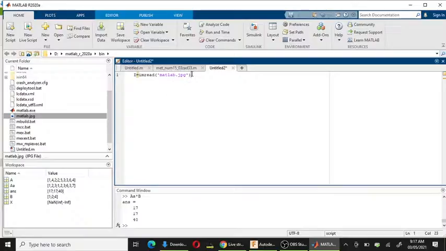But DICOM images we can't read like this. We will discuss DICOM images. DICOM images are medical images, X-ray images or some other images, MRI images, X-ray images.